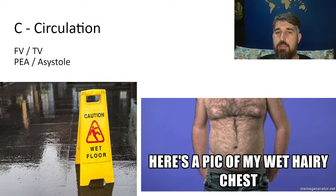Then we go for circulation. So we have the airway, we have the breathing, and now we are going to check for the rhythm of this patient. On our clinical patients, we check the rhythm as soon as possible. In these cases, we are not that aggressive. We have to first get the airway, and as soon as possible, not delaying it, but it's not so